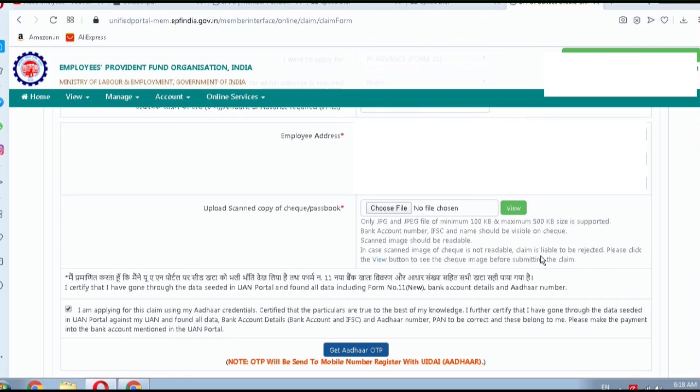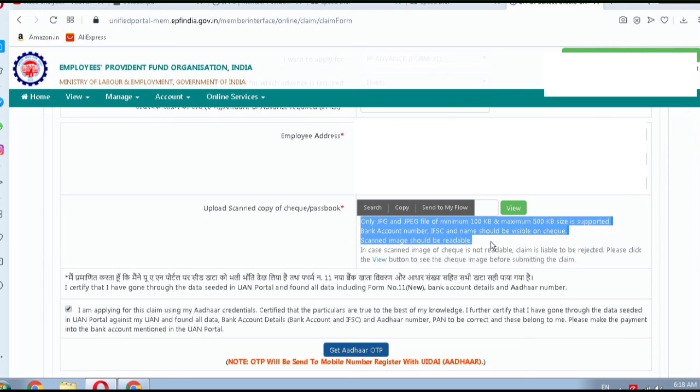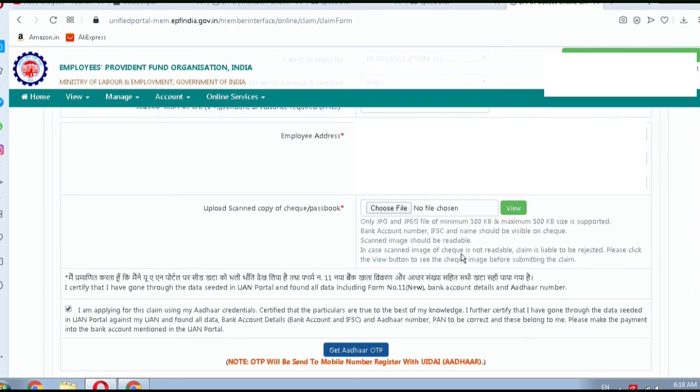Most of the cheques, which are a part of the welcome kit from your organization, will not have your name on them. You can apply for a fresh cheque from the bank, or you can upload the passbook with all these details, your name, IFSC number and the bank account number, so that the EPFO can verify that the amount being credited is credited to your account only.